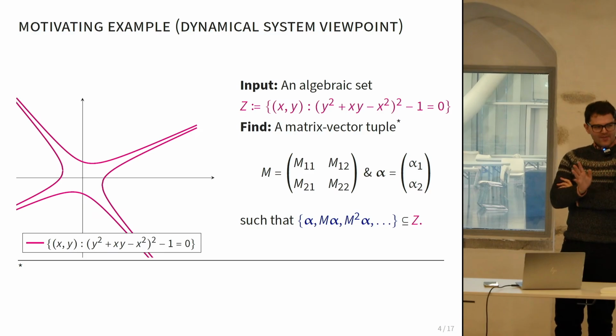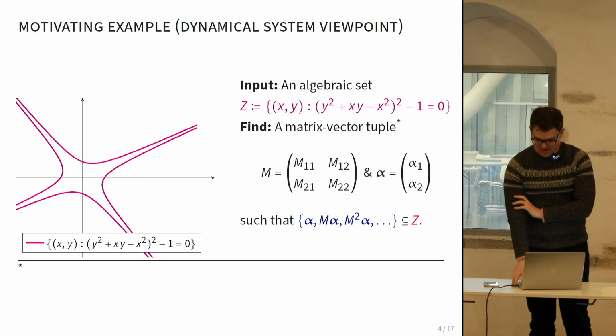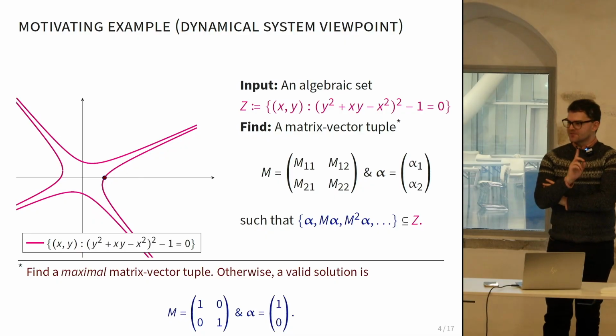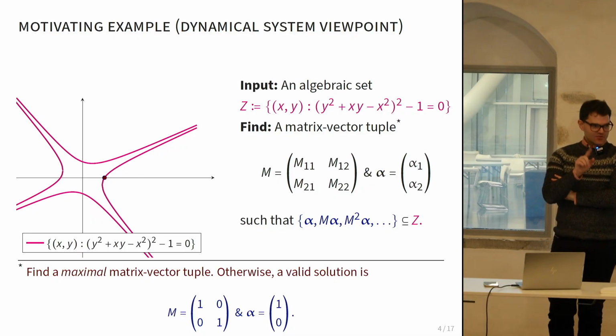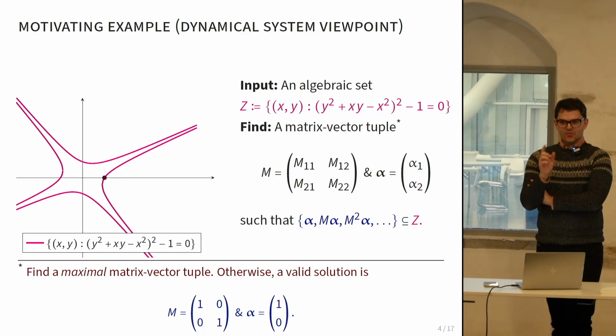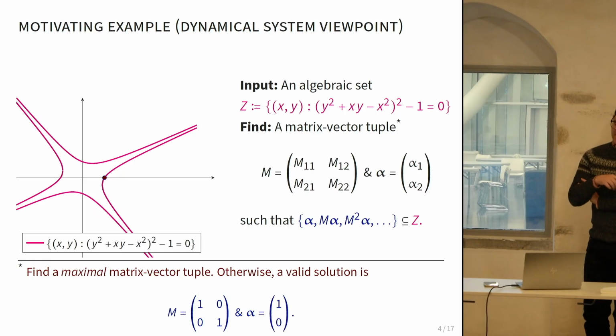So this isn't quite the whole problem, though, because if I left the problem statement as it is, you're allowed to choose the trivial loop. So this is kind of a cheating method. Don't do this one. With one single point, you would obviously solve this problem, which is uninteresting. So let's not do this. I should say that's why the asterisks appeared. We have this kind of maximal notion here.